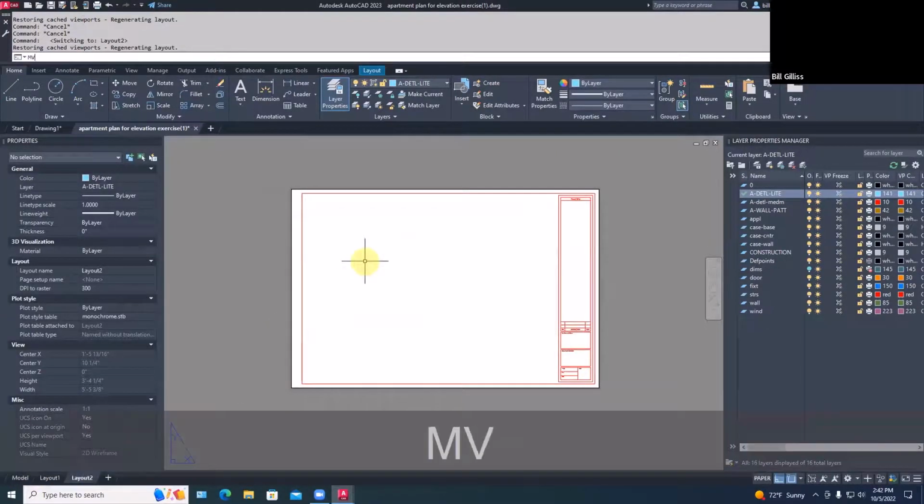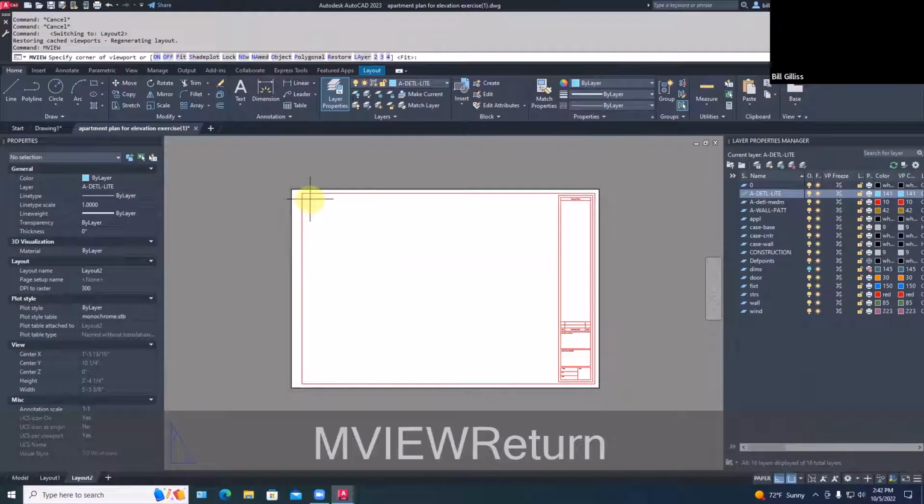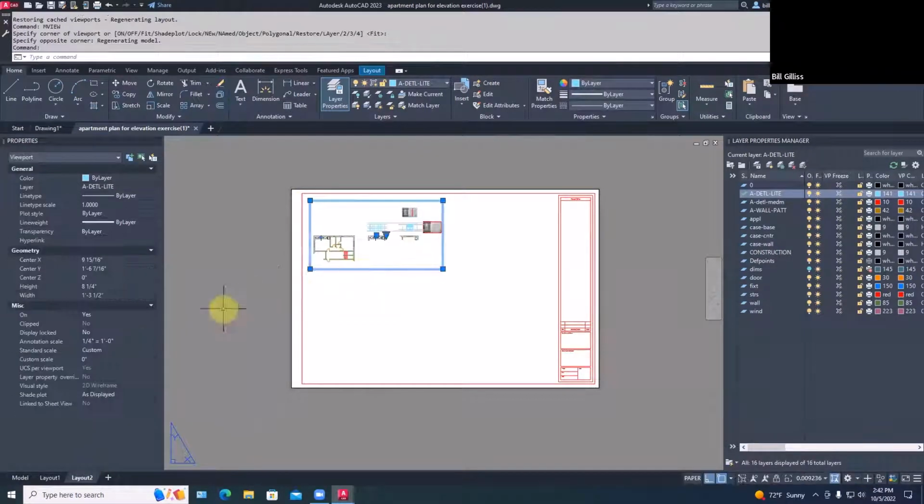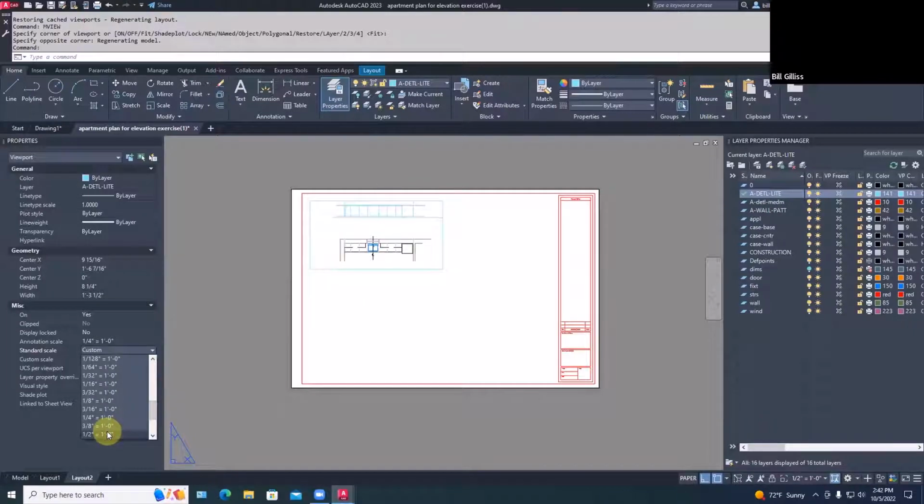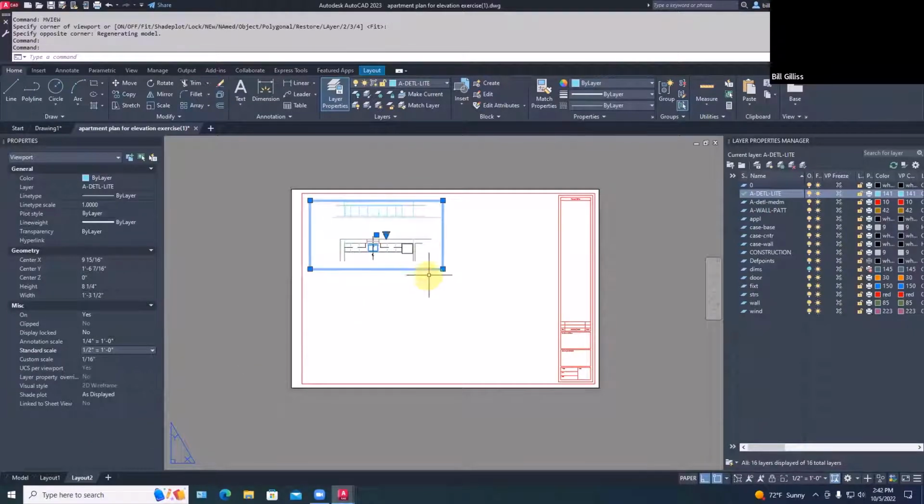So M view. I'll just change its standard scale to 1/2 inch equals a foot. And then pan up or drag these guys up till it's